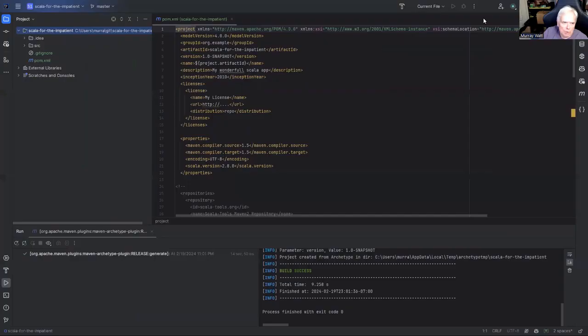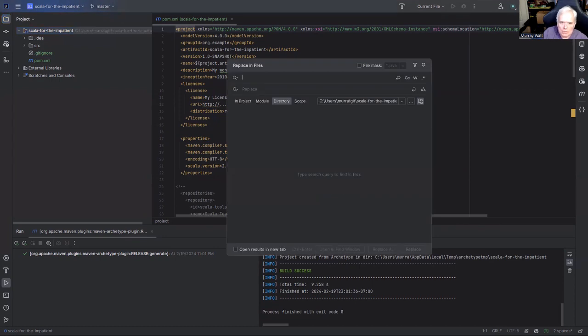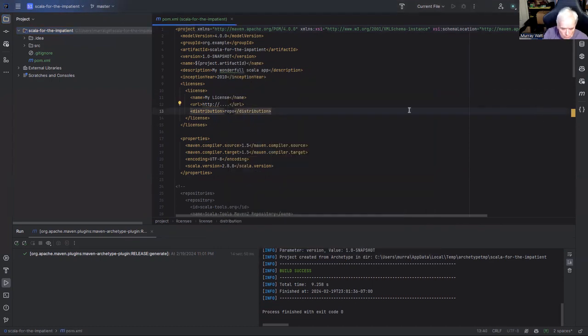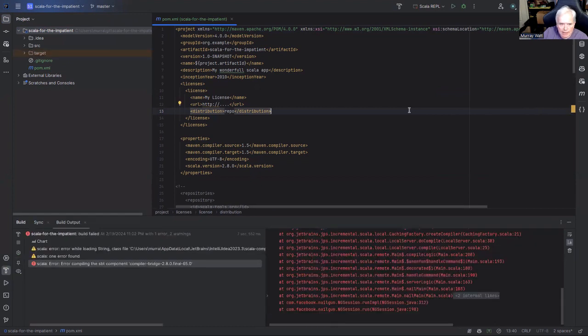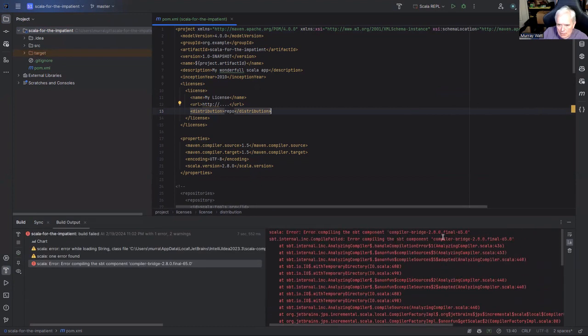Now that's going to cause us problems later, but the first thing is you say, well, we want to start the REPL. So let's try and start the REPL and see what problems we encounter. Do a Control-Shift-R, which is not the right shortcut. Control-Shift-D, thinking R for REPL. We'll find this project doesn't even build. And the first reason is that we don't have Scala specified. Say, oh, 2.8. Well, let's